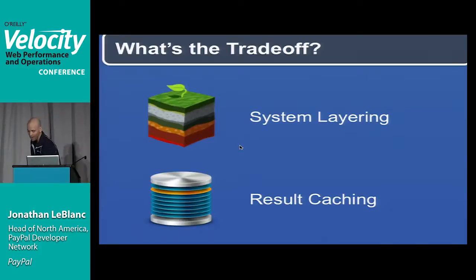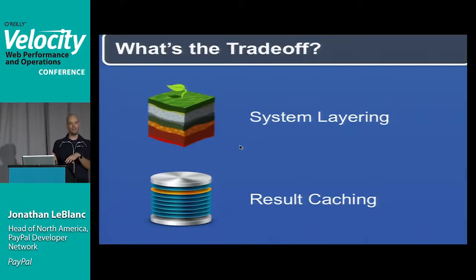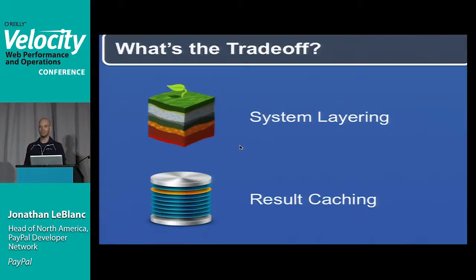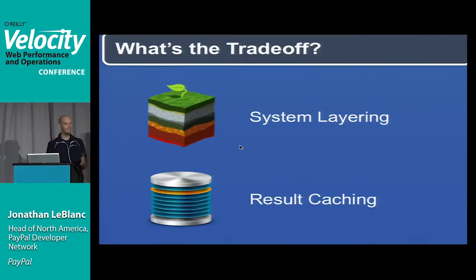So in this way, you can return content quite faster, as most of us know. The biggest problem with the caching-based mechanism here is the issue of reliability on the developer side. So with system layering, you get the scalability of the server side or the API implementer, but a higher latency on the developer side. With caching, you get much lowered latency, but your reliability drops because of